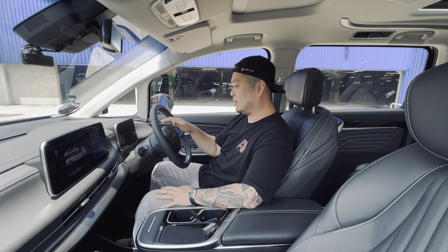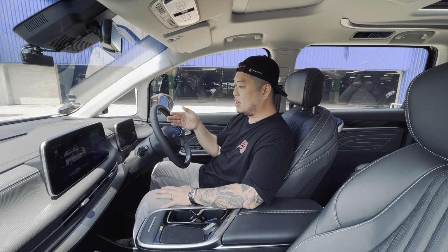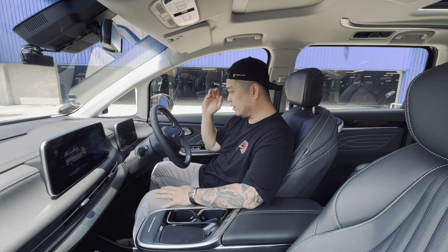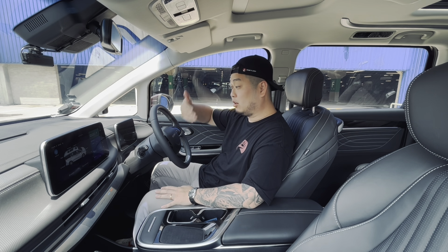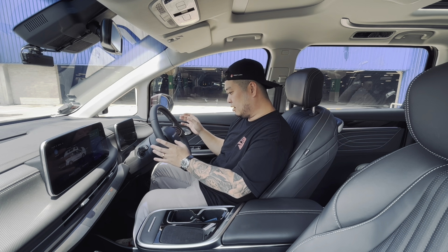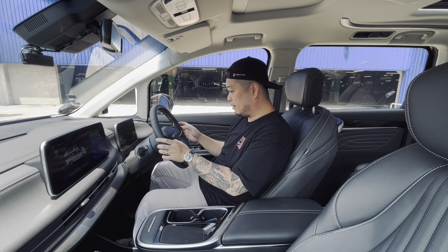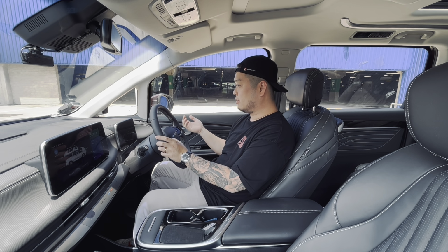Everything is very clearly stated there, and all your crucial bits of information are there. For example, your speed, your range, your regen braking, what drive mode you are in, so park, reverse, neutral, drive. You've got your power, how much power you're actually putting on at that current instantaneous moment. And of course you've got your time, your mileage, and so on and so forth. And these things are generally, let me see. I'm trying to find the adjustments for this, but I'm not seeing a lot of adjustment. Alright, so you can adjust some of the displays